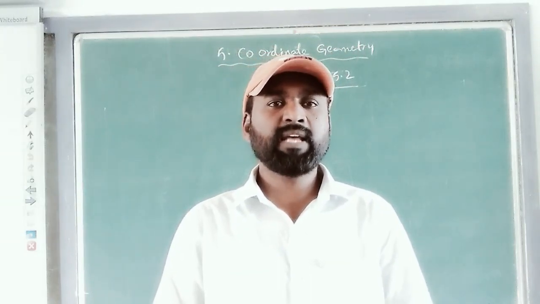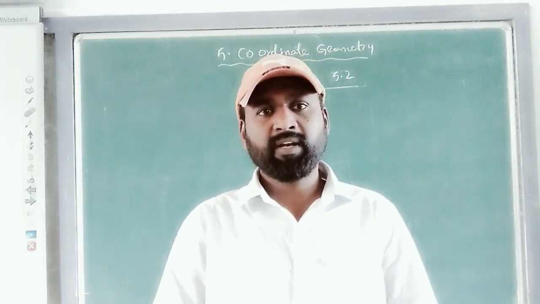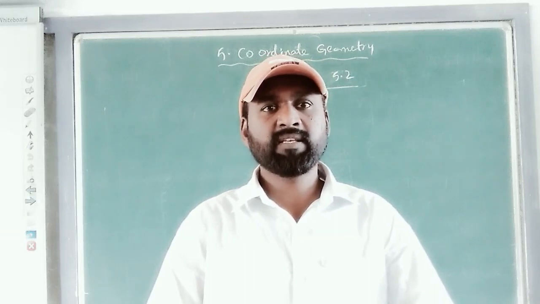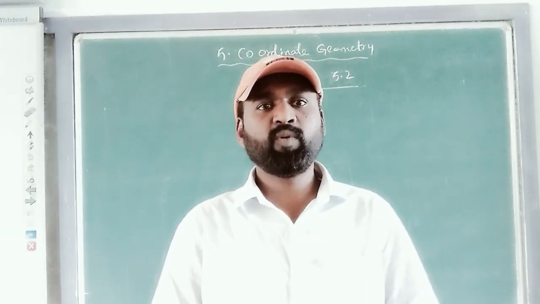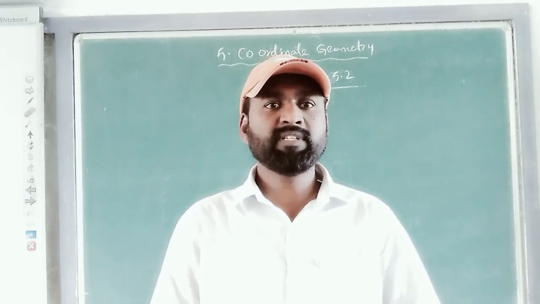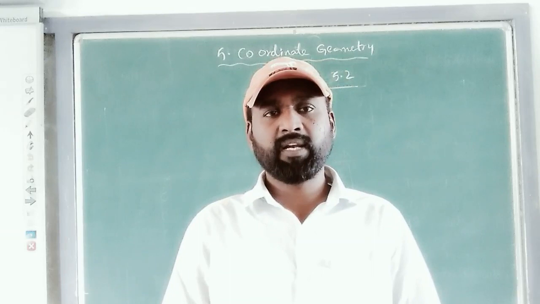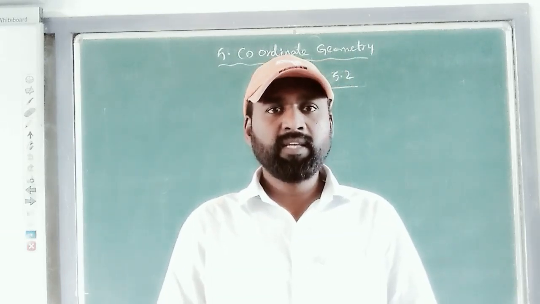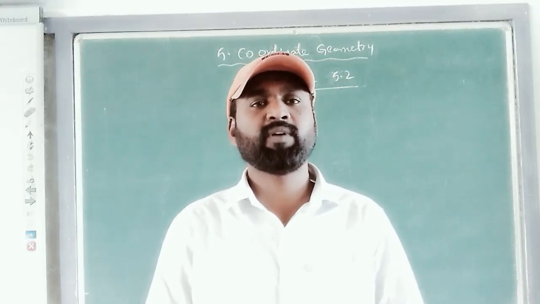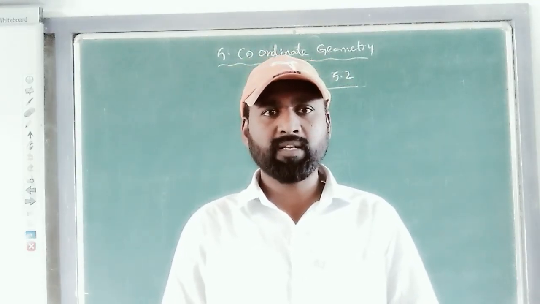In our previous classes, we have discussed what is meant by the Cartesian plane. A Cartesian plane means a plane surface can be divided into 4 equal quadrants with the help of the x-axis and y-axis. The line drawn horizontally is known as the x-axis. The line drawn vertically is known as the y-axis. These two axes meet at one point. The intersection point of the x-axis and y-axis is known as the origin, where the x value and y value both are zeros.